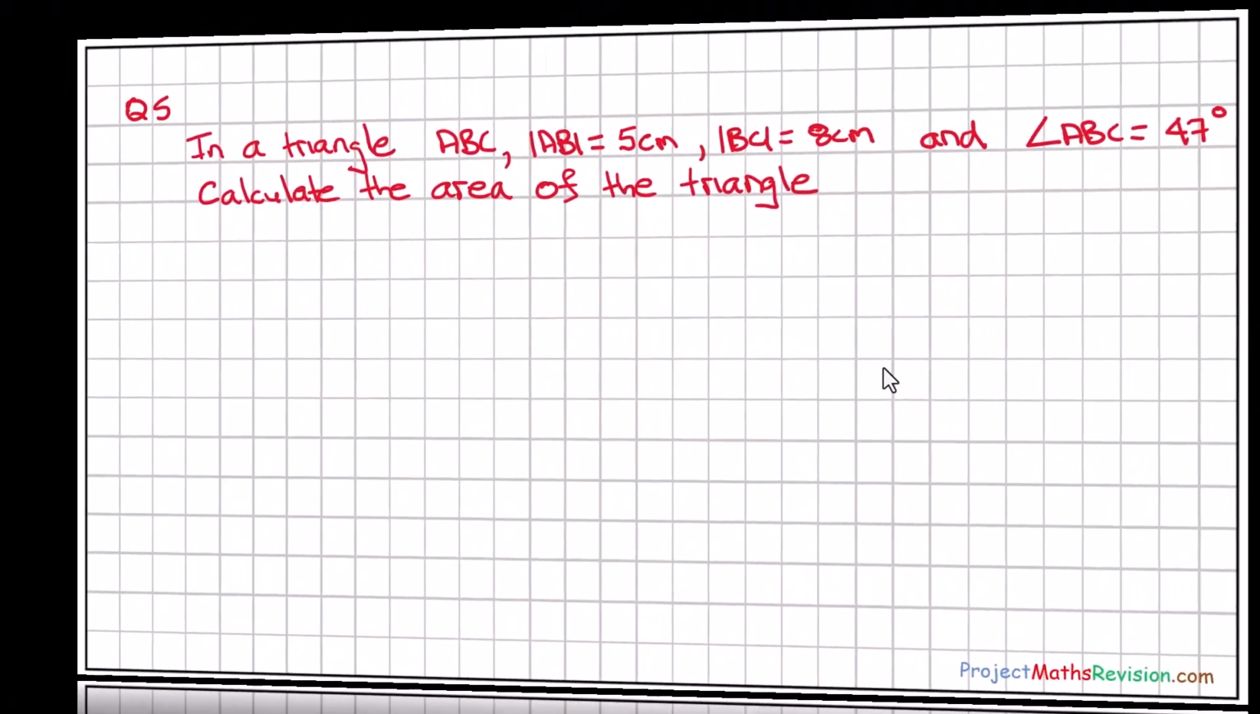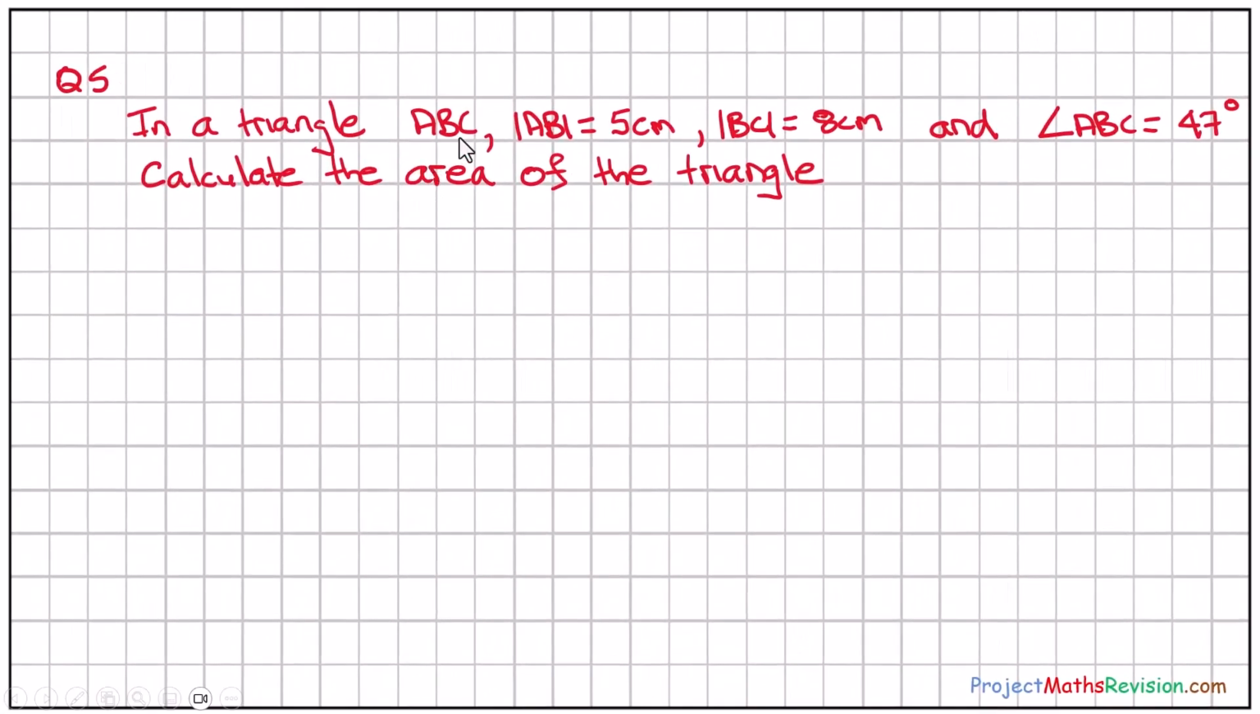In question 5, we're given a triangle ABC, and we're told that AB is 5, BC is 8, and the angle ABC is 47 degrees, and we're asked to calculate the area of the triangle. So it's always a good idea to make a neat sketch. So we have the distance AB is 5, and we have BC is 8. So BA is 5 and BC is 8, and we're also given the angle between 5 and 8, which is